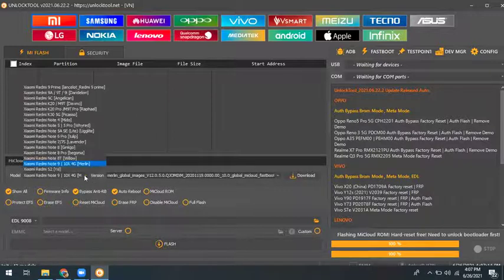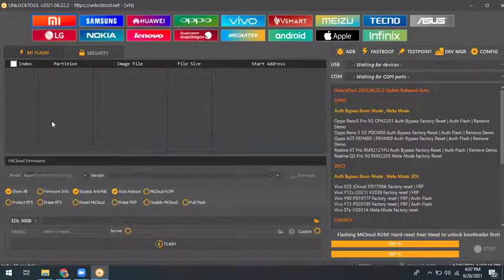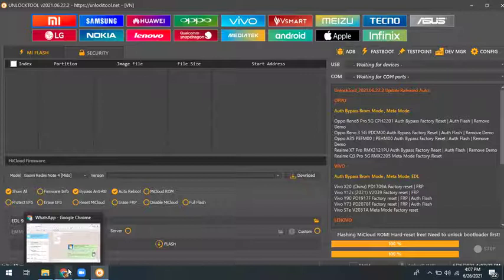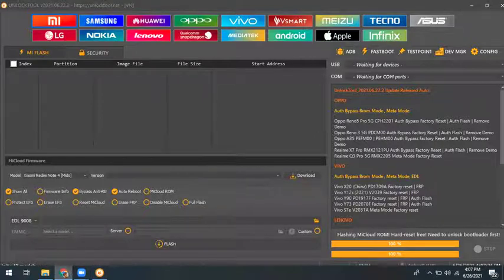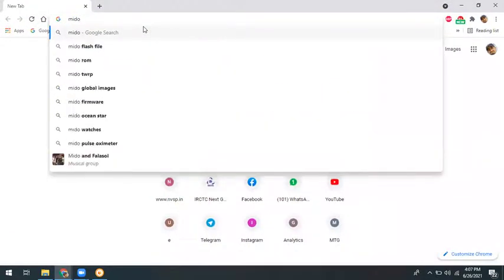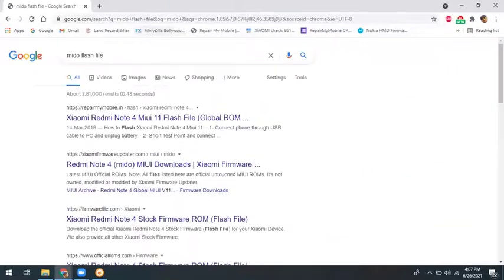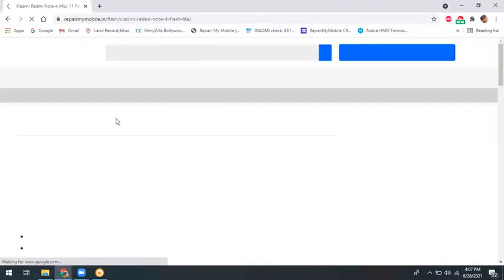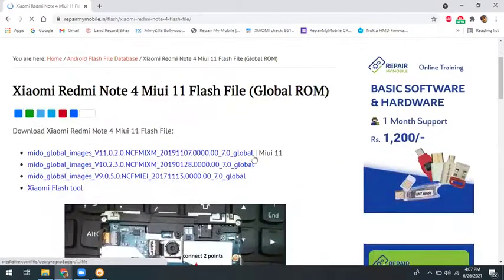So now I have a Redmi Note 4 and I am downloading a flash file, Mido, the flash file of that Redmi Note 4, MIUI 11 7.0 version.